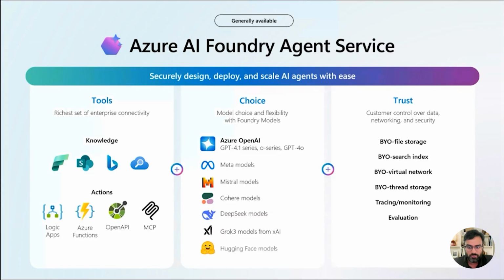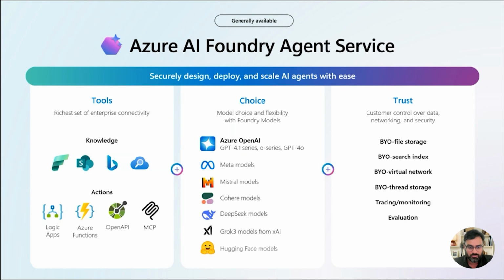So we are also offering AI Foundry SDK, and through the portal you can connect and build custom workflows, and also have enterprise grade security and performance guarantees.